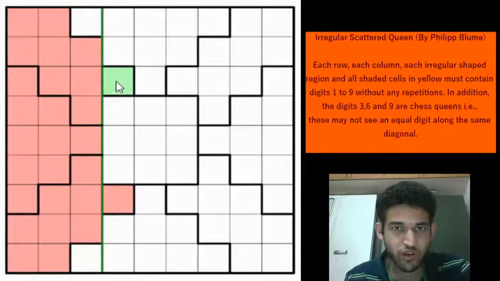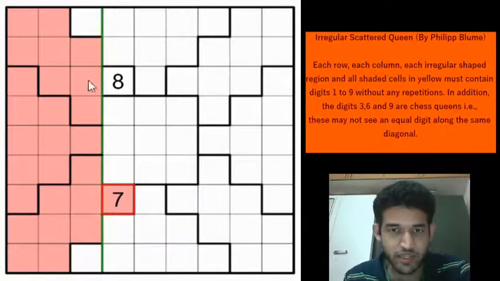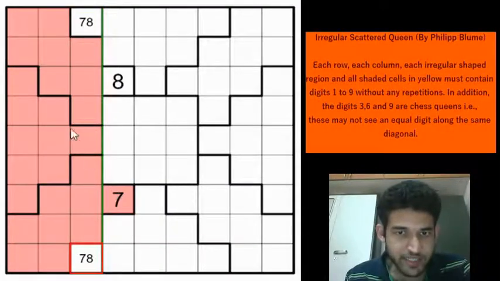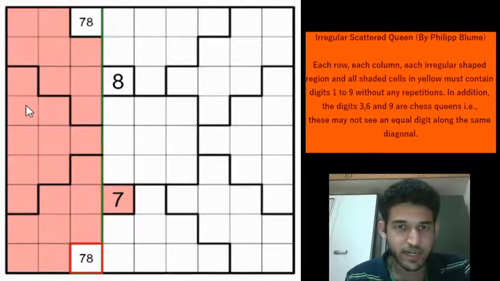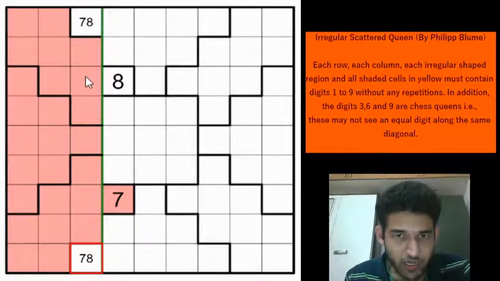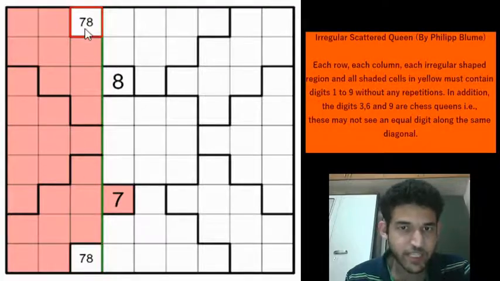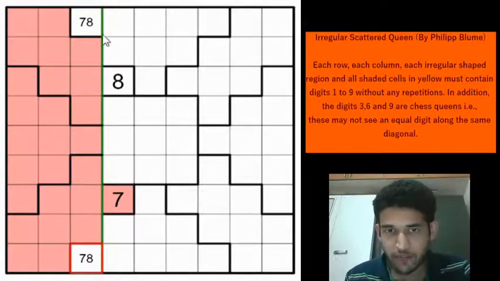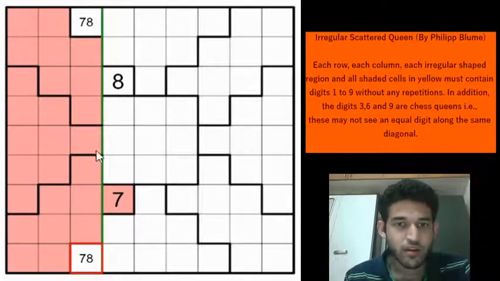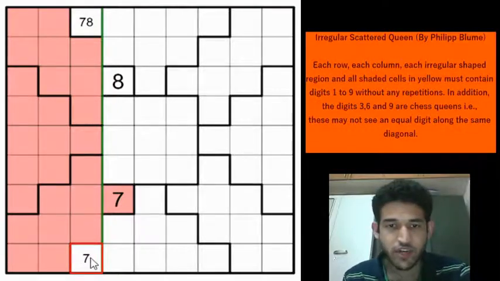So what I mean is, if you have for example an 8 and a 7 here, then these 2 cells will also be 7, 8 in some order, because we have lost an 8 and 7 from the first 3 columns, right? Now in order to have 3 sets of 1 to 9, and why do we need 3 sets of 1 to 9? Because columns 1, 2 and 3 will have 1 to 9 exactly once, so we need 3 sets of 1 to 9, and whatever digits go outside must be compensated by the same digits coming inside. Then only we can maintain the balance of 1 to 9, right? So this is the in-out rule.